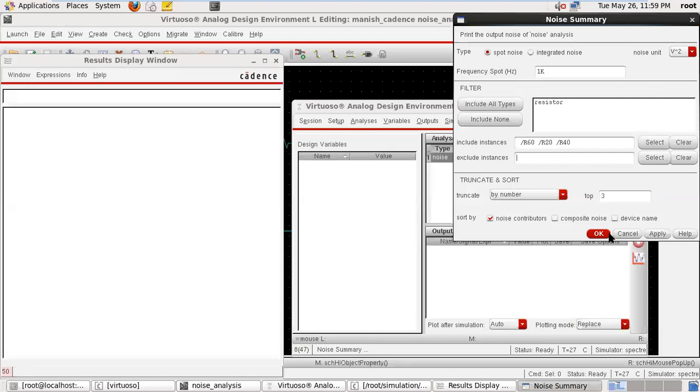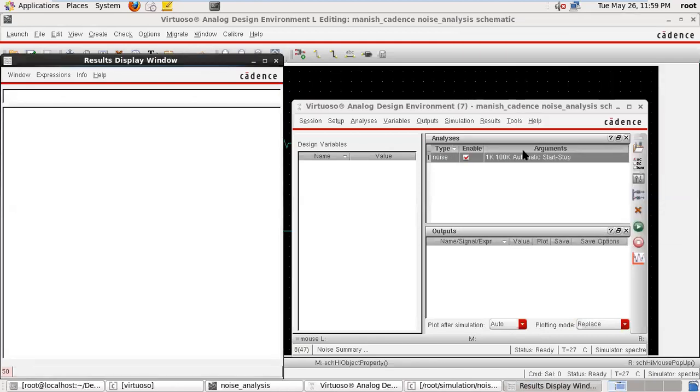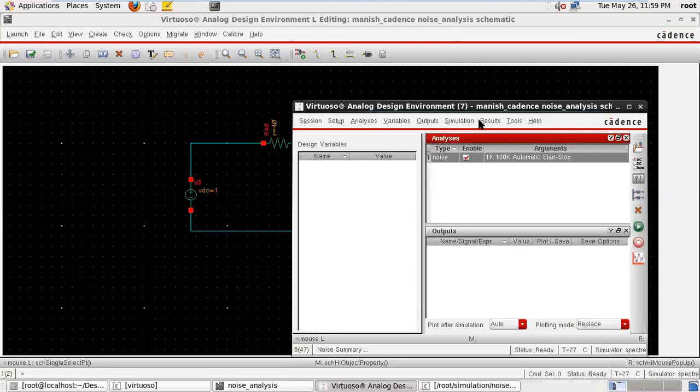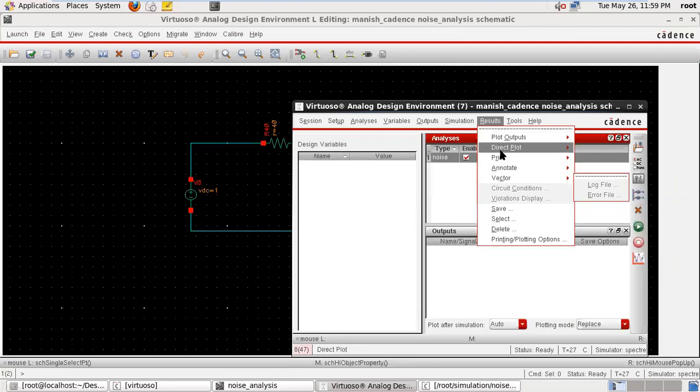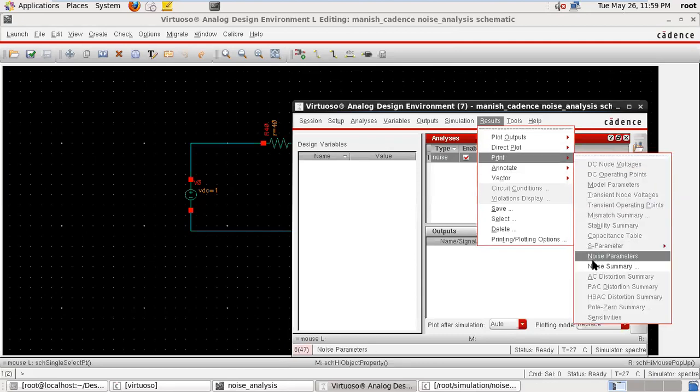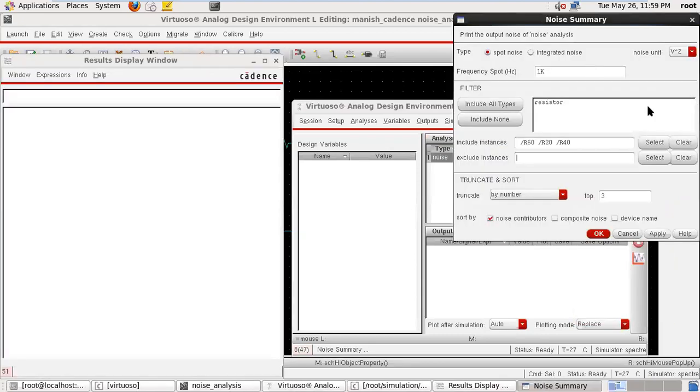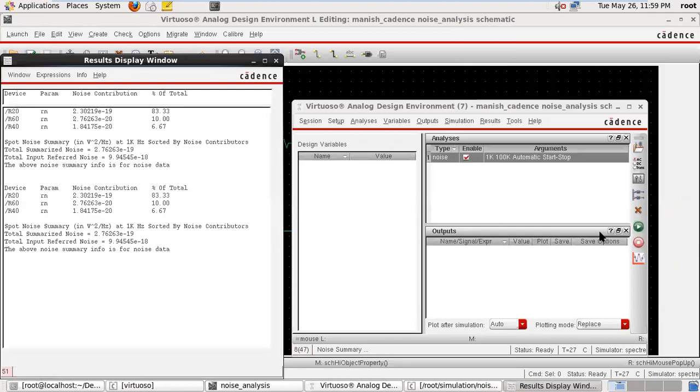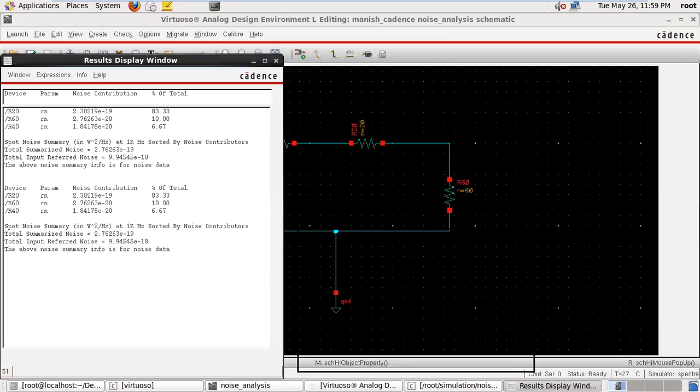Apply. Okay, just select the new value to include all types of resistance, because we have not done this. So just include all types of resistance. Apply. Okay, so this is my total result.